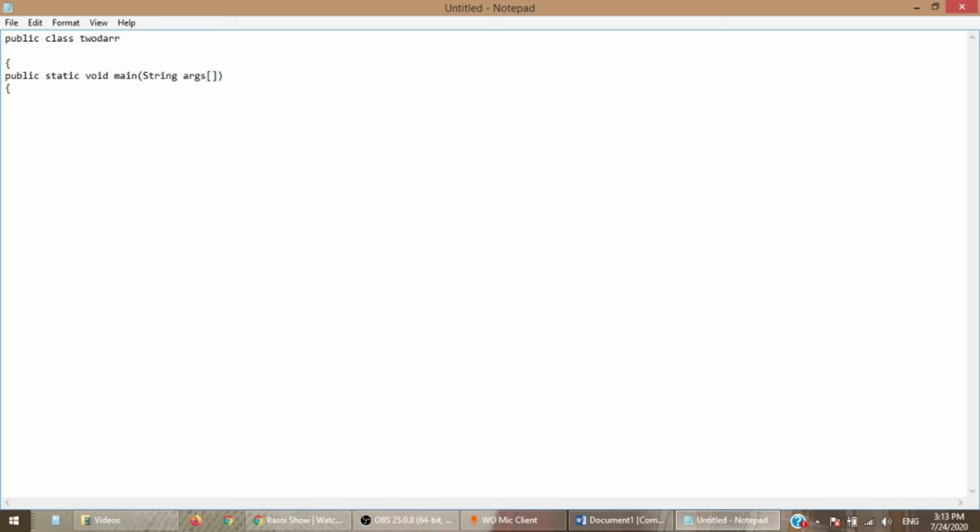Now as I told how we can declare a two-dimensional array, data type, name of the array equals to new integer. So here I am declaring a 2 by 2 array, that is a table having 2 rows and 2 columns.